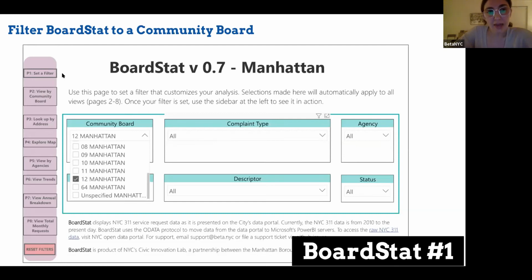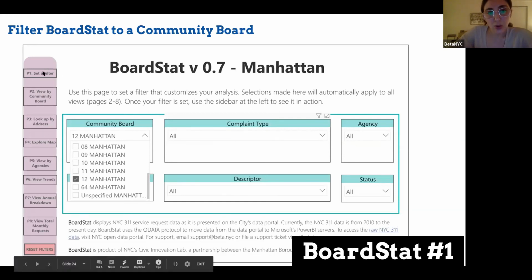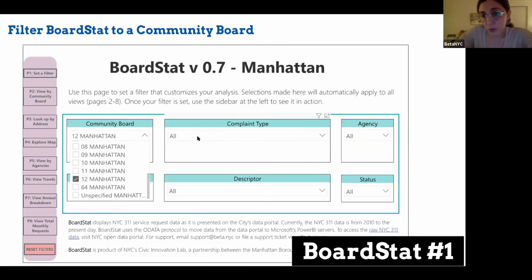in this drop down. And then here on the left, there are all these other views that we're about to explore. Right now, we're just on the first page. But if you knew right away what you're interested in, like heat and hot water complaints in Manhattan CB12 only, you could take this drop down, pick heat and hot water, and you would be setting the tool in the next pages to be filtered to just Community Board 12 Manhattan heat